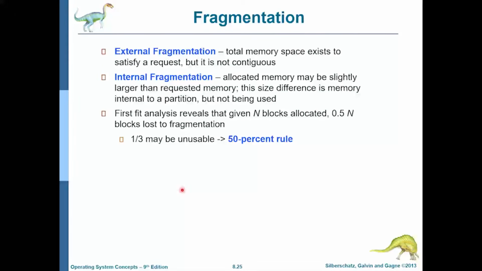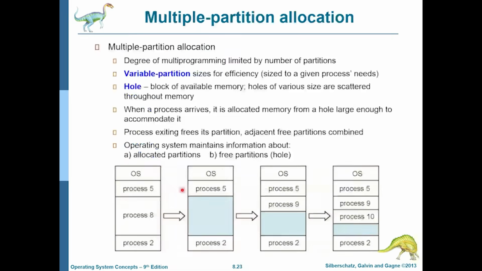Two kinds of fragmentation can happen if memory is allocated the way we were talking about. External fragmentation can happen when the total memory space exists to satisfy a request, but it is not contiguous. So as you saw here, holes get created. Now there is a hole here. Now, if all the processes that arrive after this cannot fit into this hole, but there is also another small hole over here, let me draw it for you.